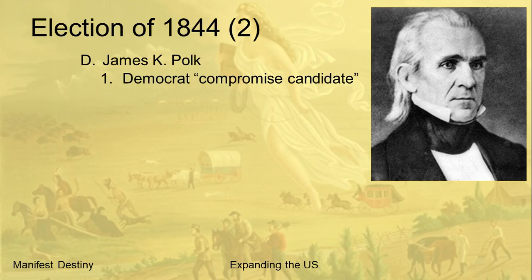Okay. He's referred to as a dark horse. He's somebody who we don't expect to all of a sudden be running for president. All of a sudden, here he is. His name is in nomination. And what happens is he is a compromise candidate. All these people who don't like Van Buren and all these people that don't like the other candidates, they're brought the name James K. Polk, and somebody says, look, if you vote for James K. Polk, at least the guys you don't like aren't going to be the nominee. And so the Democrats unite behind